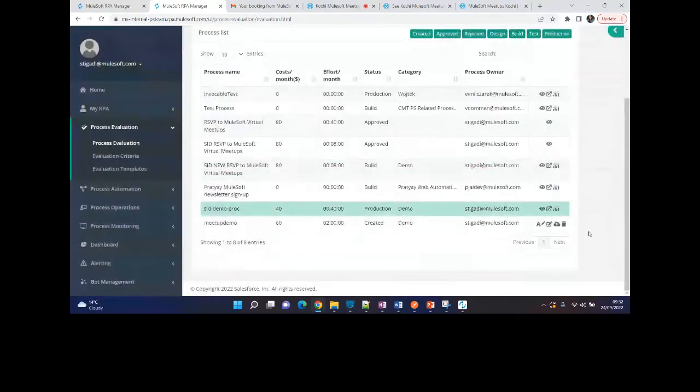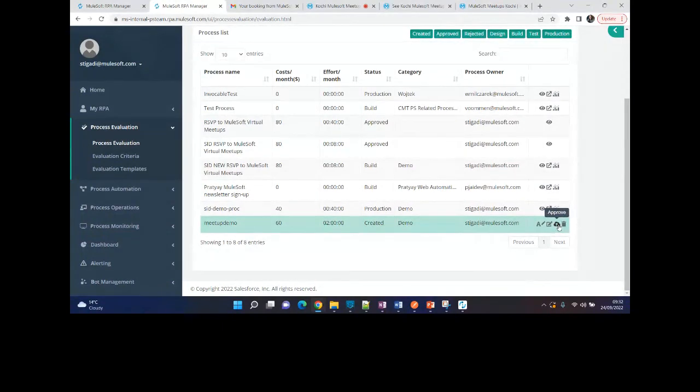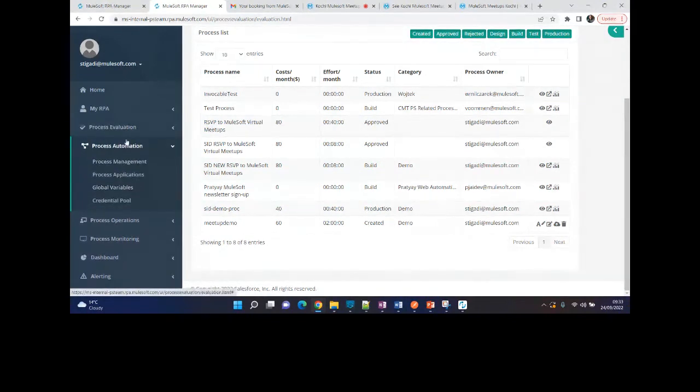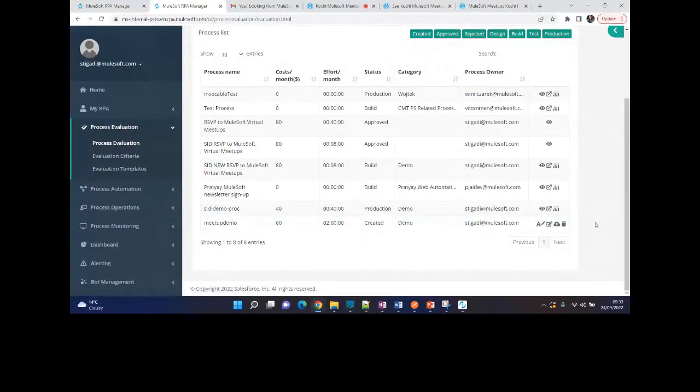Anyway, but there's an option. I should be able to approve this process, and once the evaluation is completed, it will go into the design phase. Okay. So I wish I could show you that, because I need to put this into the design, because I have another one which I've already created. It was approved by someone else.